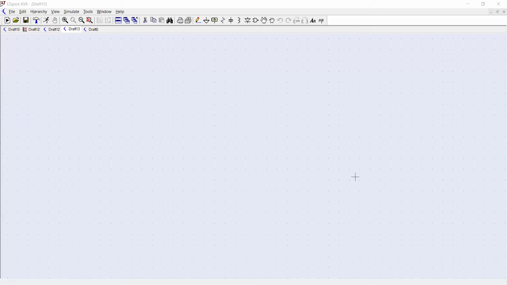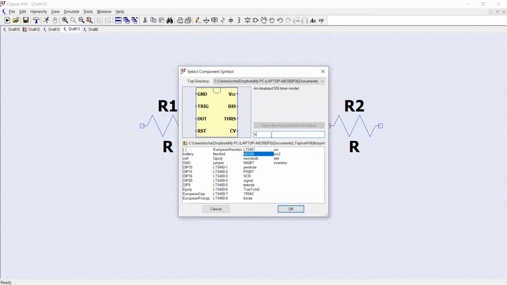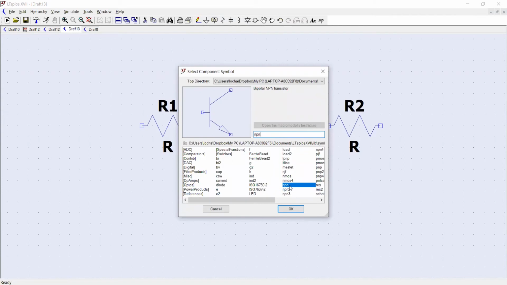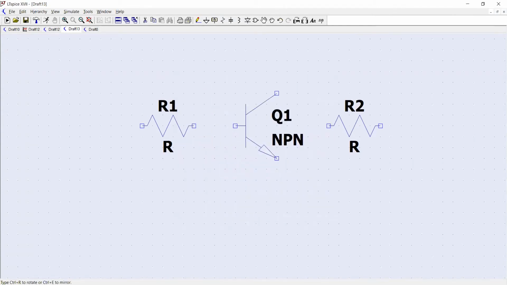Good morning, everyone. Welcome to the next experiment to plot the input and output characteristics of a BJT. For this, the components that you need is a resistor for the input bias. Just click on the resistor. Now, in addition to this, we need a transistor. So I'll just type NPN, press OK,